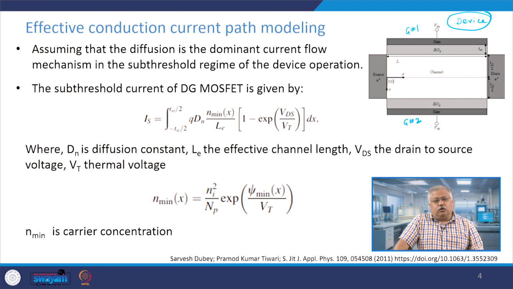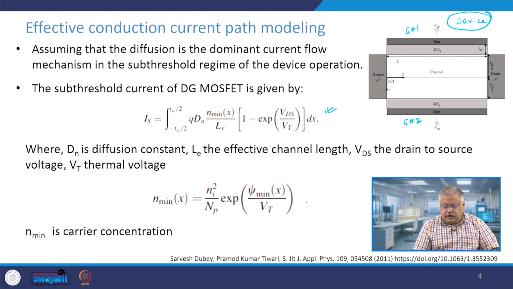However, as you are all aware by this time, the subthreshold current is primarily dominated by diffusion phenomena. It is not a drift dominated phenomena, because anyway your transverse direction electric fields are very small in dimensions. Once they are very small, you can't drag the electron very fast across it, and the subthreshold current for a double gate MOSFET is given by this expression, as you can see here,